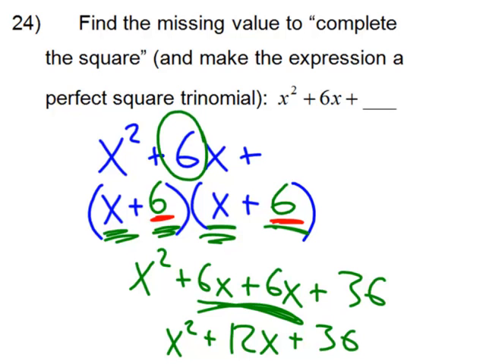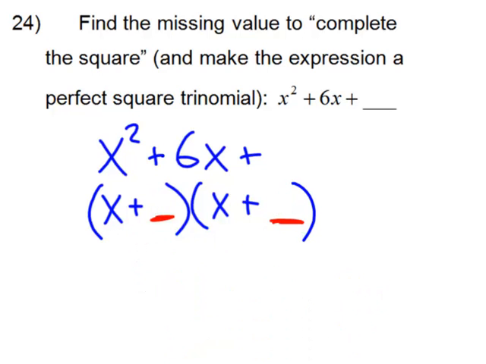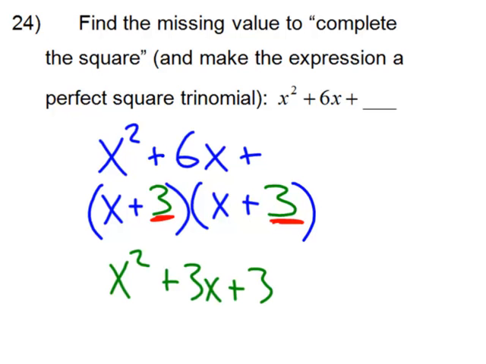We wanted a 6x here, right? Okay, so let's back up. And I hope you see where this is going. I need to put a 3 here and a 3 here. And then when I FOIL it out, distribute it out, we get x squared plus 3x plus another 3x plus